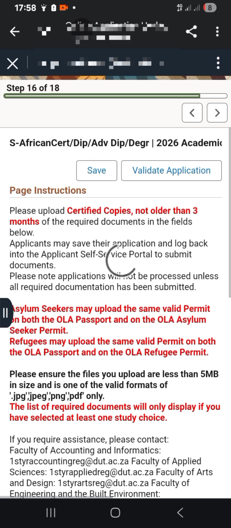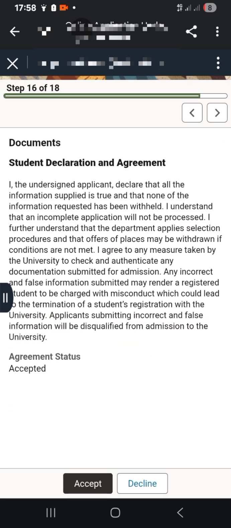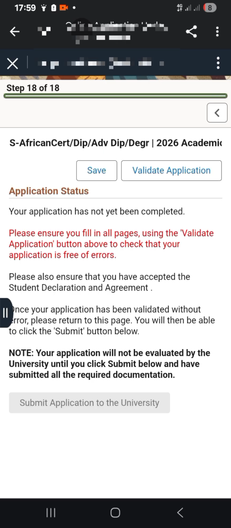That's why I couldn't submit my application. Right, once you are done that, then you are going to click lapha submit application. But if not, again you click lapha validate and go and check where did you make an error.